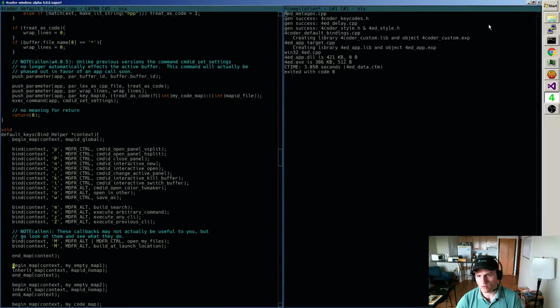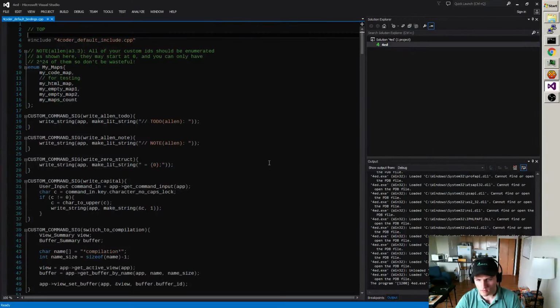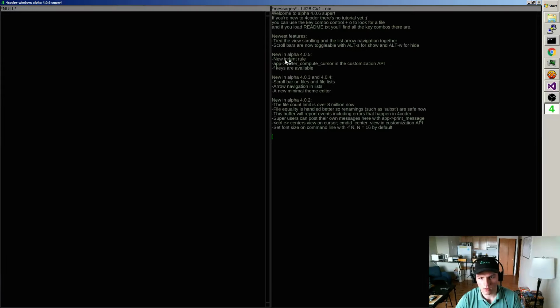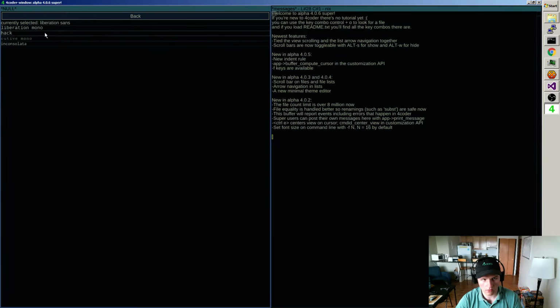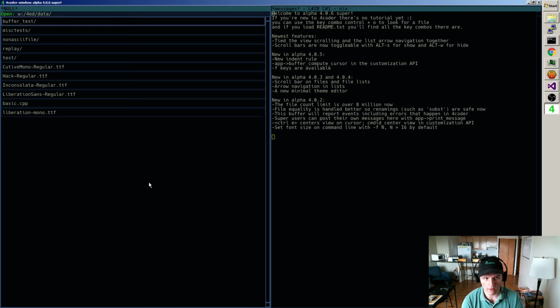Okay, so now what I'll do is we can go ahead and relaunch this in the debugger so that it will pick up the new DLL. Oh, I forgot about one thing. It looks like everything's working right now, so that's a bit lucky. There are some things that are changed in the most recent version, but it looks like we're making it.